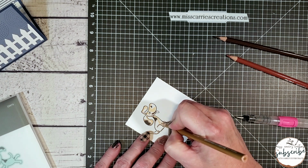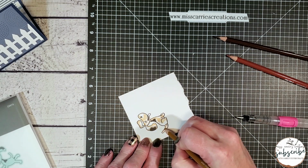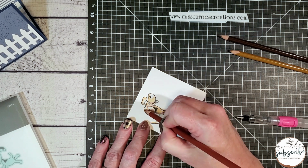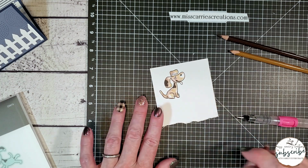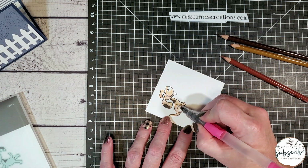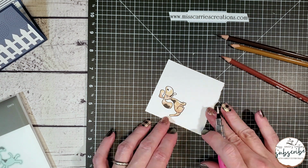Now, watercolor pencils can be used just like any other colored pencil, but in order to create that soft look like watercolors, you're going to need to activate them or add water to the pigment. Up to this point, I have just added color onto the dry cardstock. But after I have shaded with all 3 shades of brown, I am going to bring in a water brush